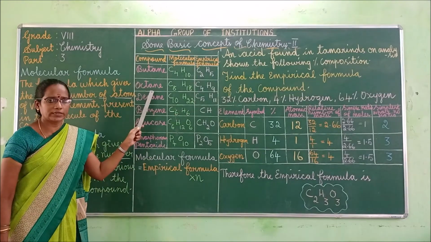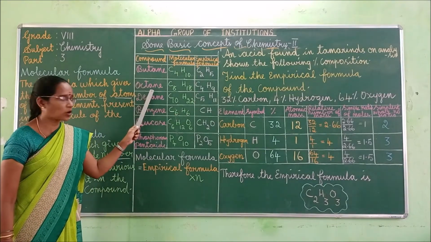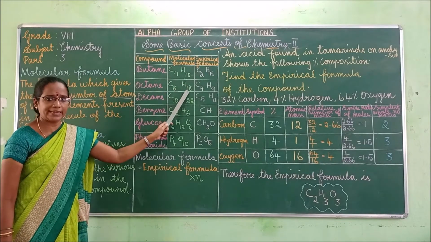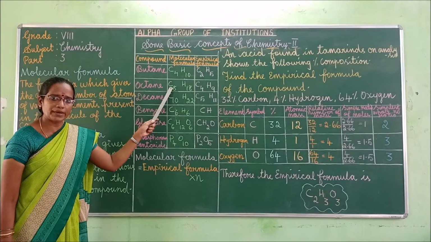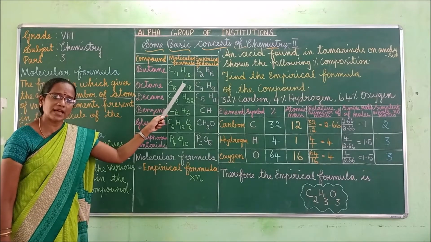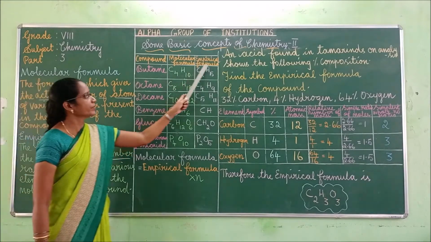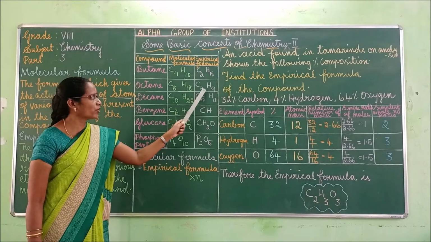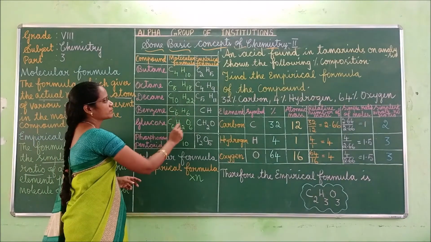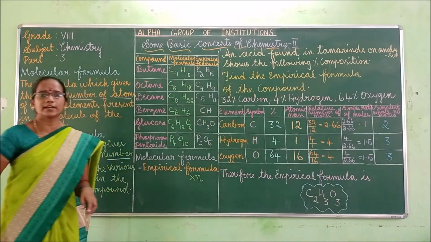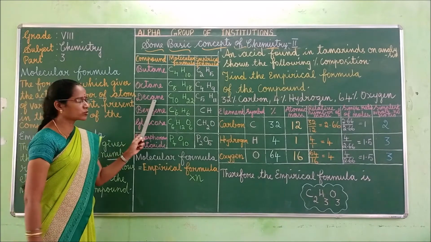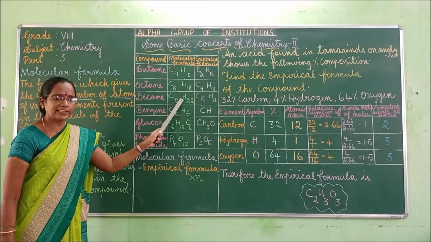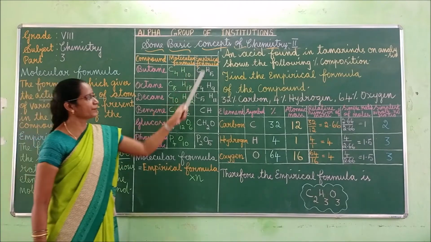Next one is octane, right? The second one is octane. Its molecular formula is C8H18. C represents the carbon element, whereas H represents the hydrogen element, right? What is the empirical formula of octane? The empirical formula is C4H9. Just by simplifying this molecular formula, you will get the empirical formula. Next one is decane. The molecular formula of decane is C10H22. So its empirical formula